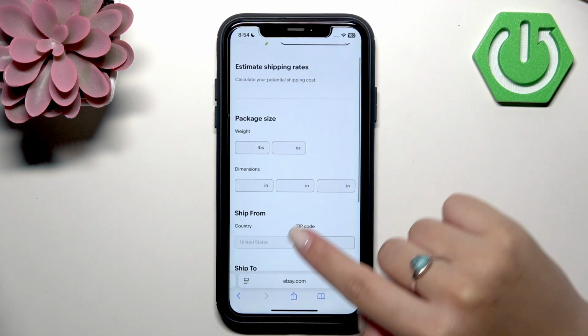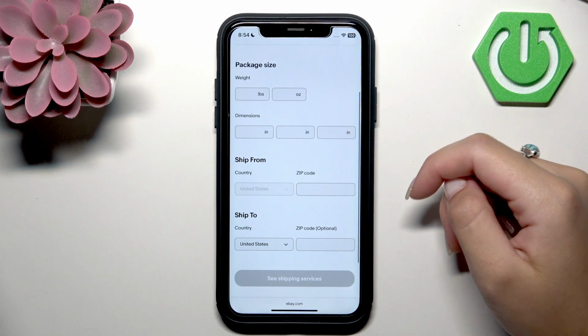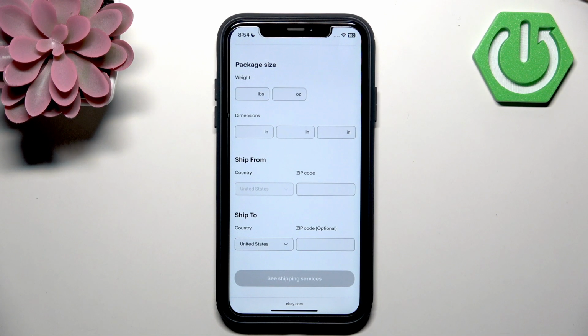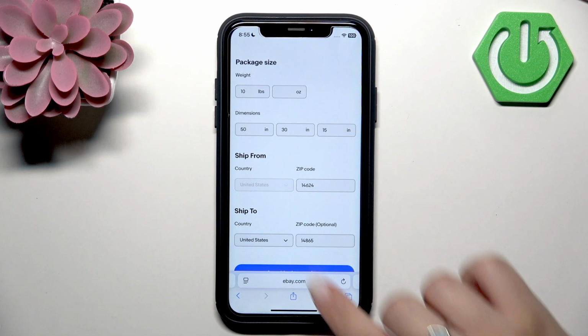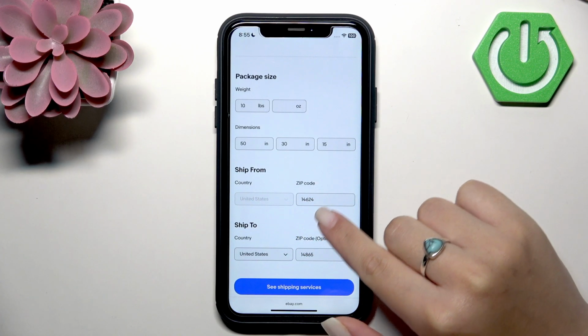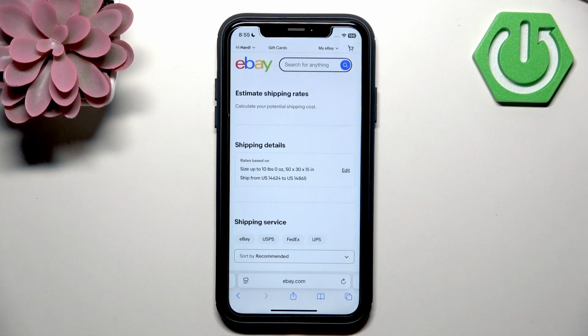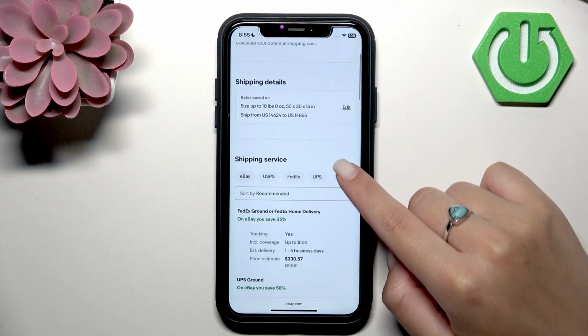So for example, I will enter some random data. So for example, my data about my package will look like this, but of course you need to enter your data about your package, and then press this blue button, see shipping cost,